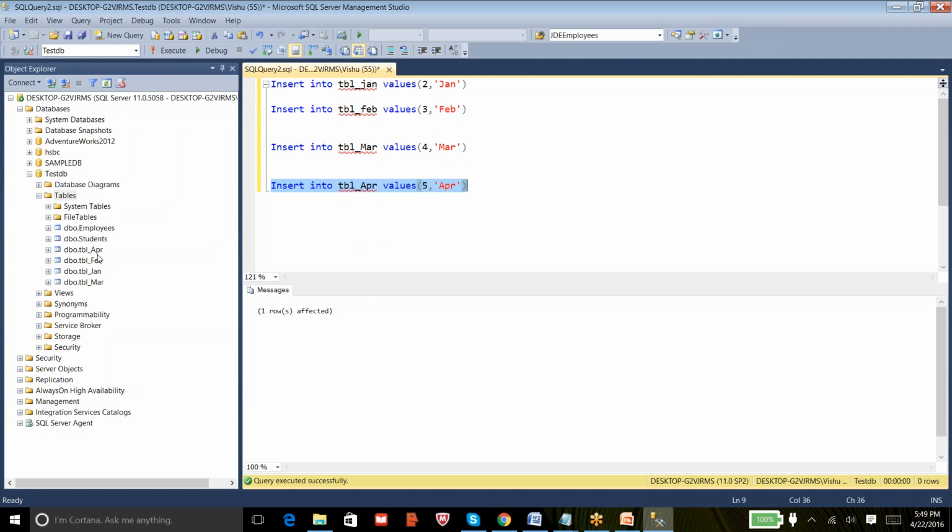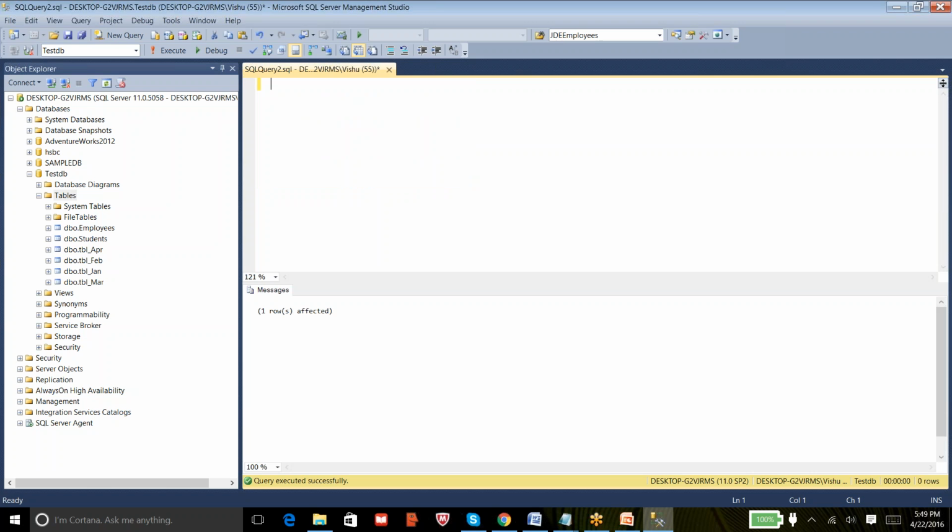Assume that each table has got 10 GB of data, some millions of rows. So the user is not ready to use all these 4 tables in his report, to get consolidated data for the whole year, and he is insisting we get a single table with all the 4 months of data. One way is to create a new table and start moving all this data onto that table. It's going to take a lot of time, it will put load on your server, it takes disk space, and at the same time you are keeping duplicate values in your databases.